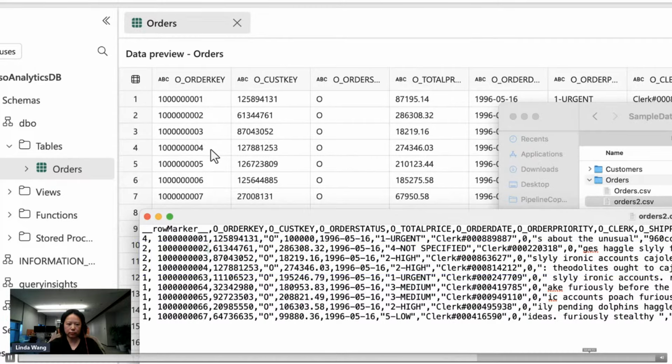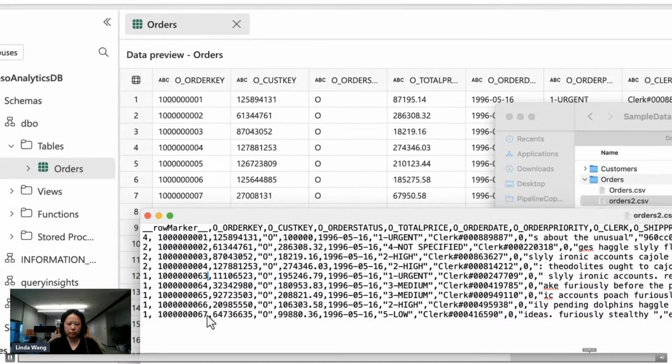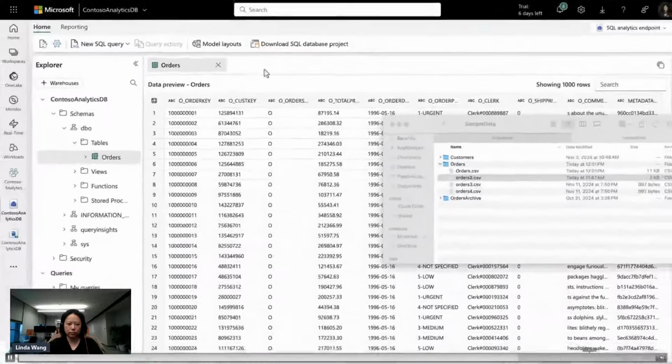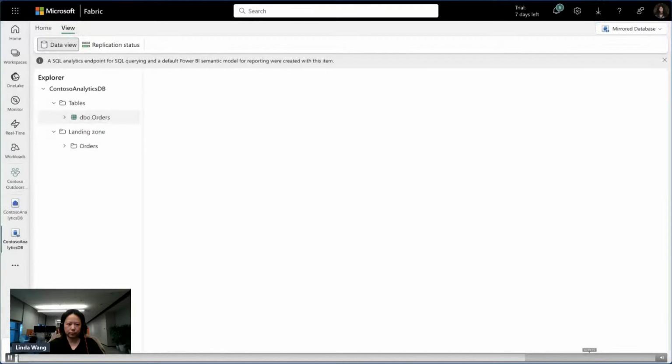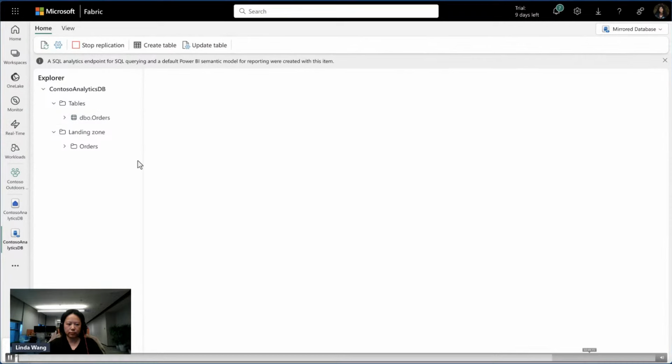And lastly, in that same CSV file, I am inserting 5 rows with the row marker as 1, letting the engine know that 5 brand new rows will be added to my orders table as well. I could have separated all these operations into different CSV files or packed them into the same one like I have done here. Let's navigate back to the landing zone and drag and drop the CSV file here, and the file in the Analytics Ready format automatically shows up. And now look, the table on OneLake just got updated with these instructions.